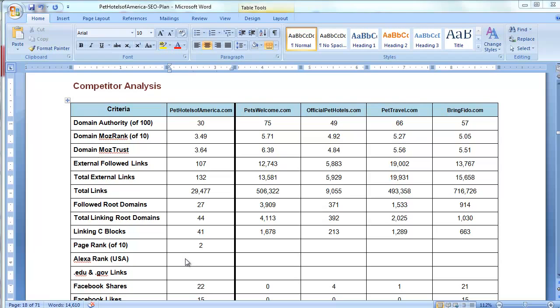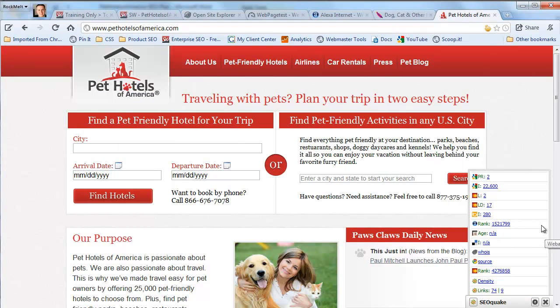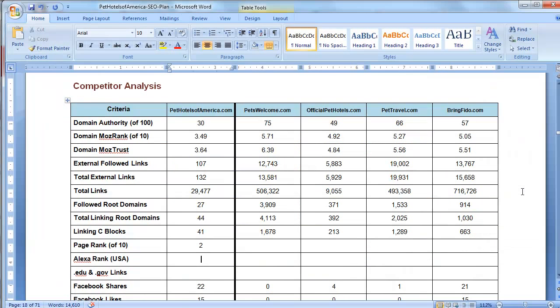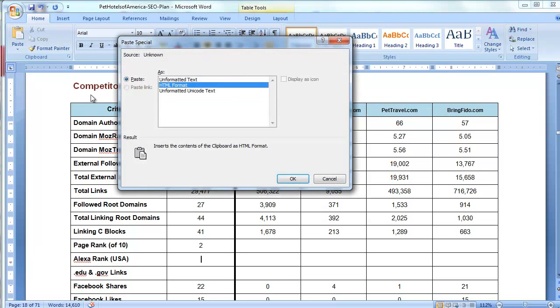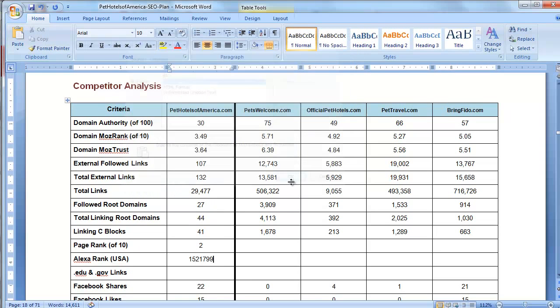And Alexa, let's see what our Alexa score looks like. Here we go. And you can just copy it, Control C, and I'm going to go ahead and paste values, paste special, and do unformatted. Here we go. So we got a long way to go still, because obviously with Alexa, the lower the number,